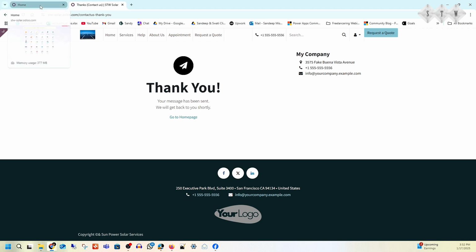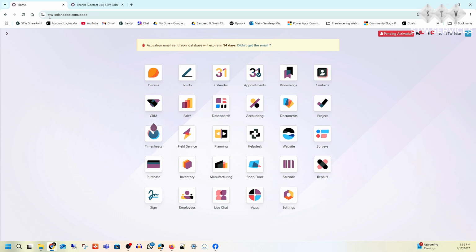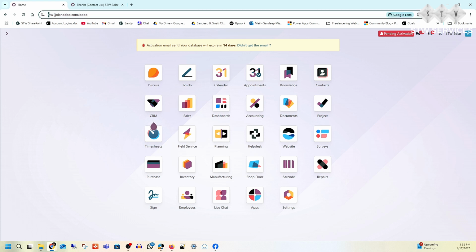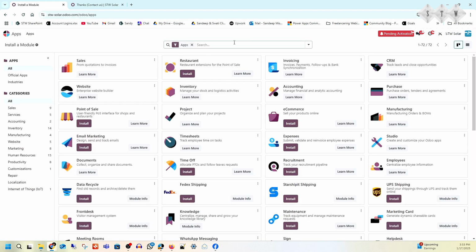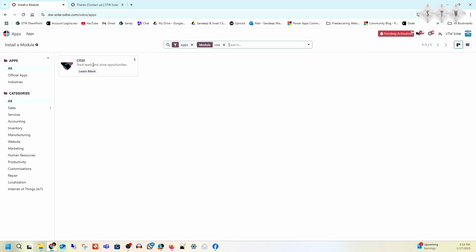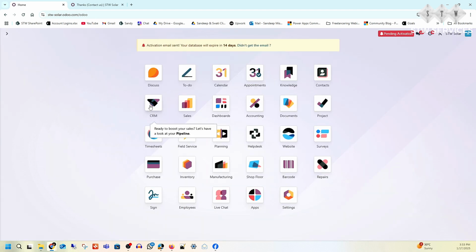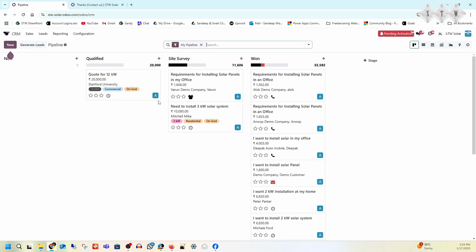So let's go back to the CRM. For that, my friend, whatever domain you are using, you will just add /Odoo and you will land on this page. This is the Odoo dashboard page where you can see all the applications. In case you are not able to see the CRM app, it means you haven't installed it. So you will go to Apps and search for CRM, and you will get this app. Install it, go back to the dashboard page, and then you will be able to see it. Click on CRM, and here, my friend,